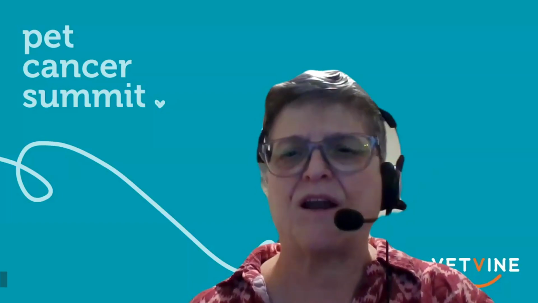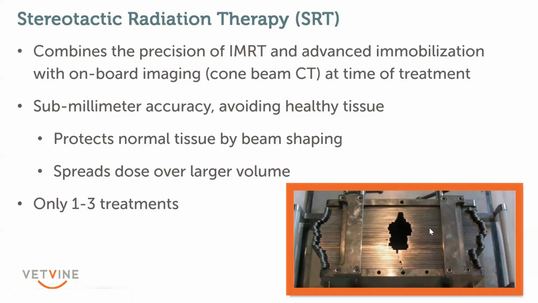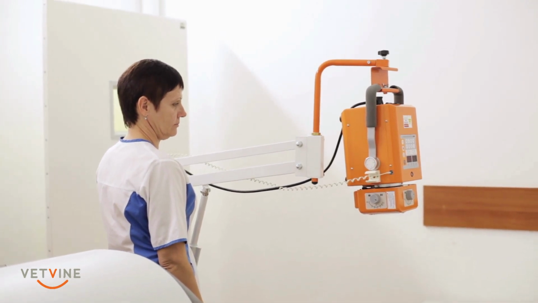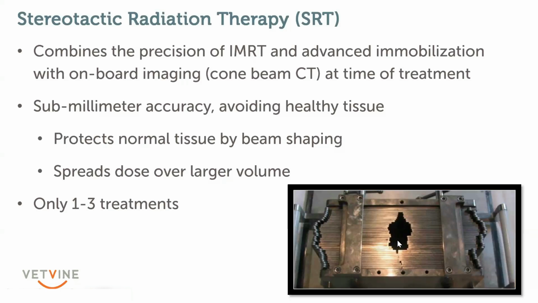Stereotactic radiation is more advanced radiation that combines intensity modulated radiation. And the key to the intensity modulation is this photo right down here. This is the multi-leaf collimator. If you think of a regular X-ray machine where you can collimate just in length and width, this allows you to make shapes. And the beam will rotate around the patient, and this shape can change every 2 degrees,